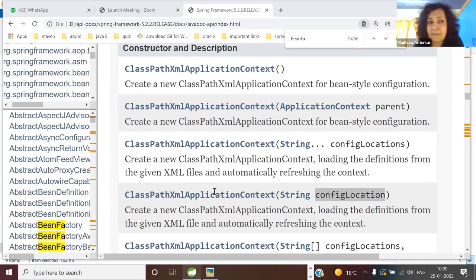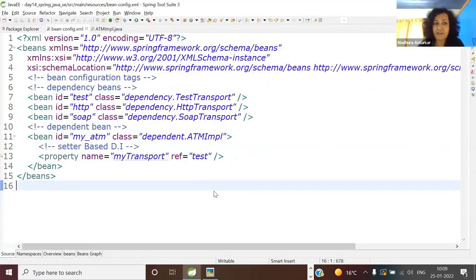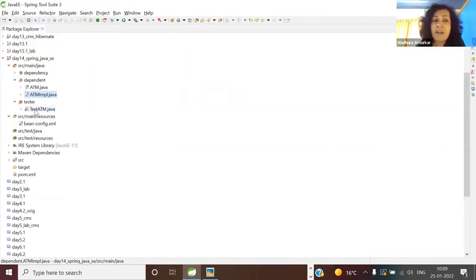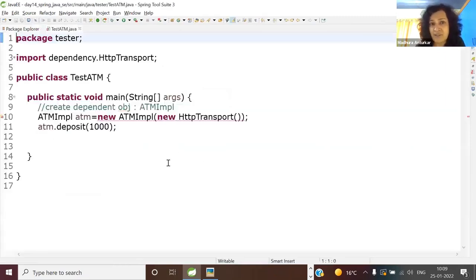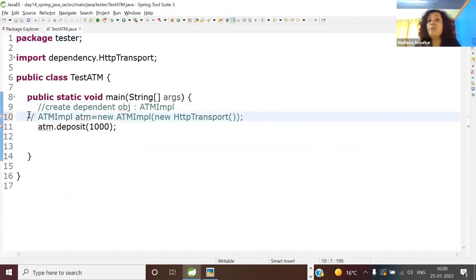Open the IDE. You can close all of it and open that tester. Okay, now we don't require this test ATM. You remember the test ATM was having the constructor and all that. So if you don't want to see the errors, you can just comment it. We are not going to use this tester hereafter.